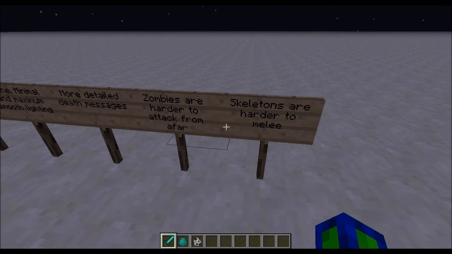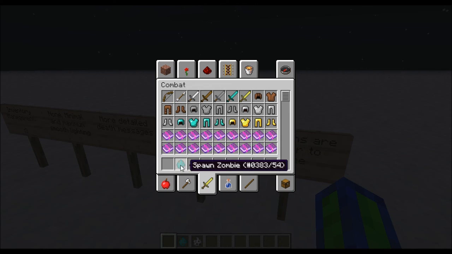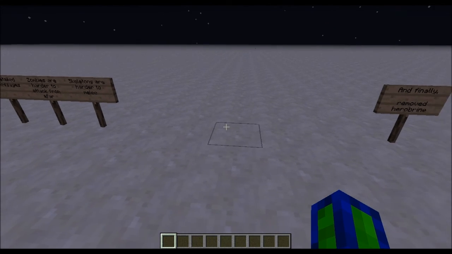Skeletons are harder to melee. Basically, when you get closer to them, they start attacking insanely fast. So yeah. And then finally,